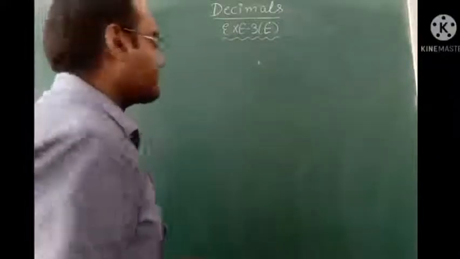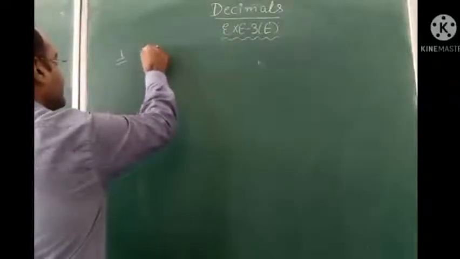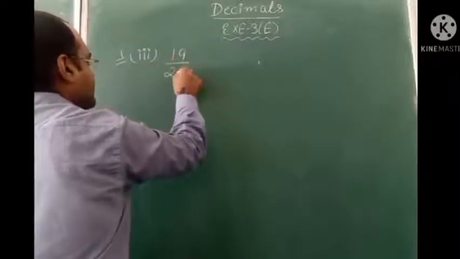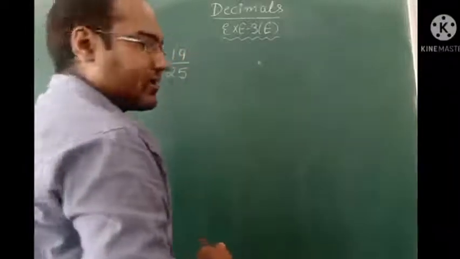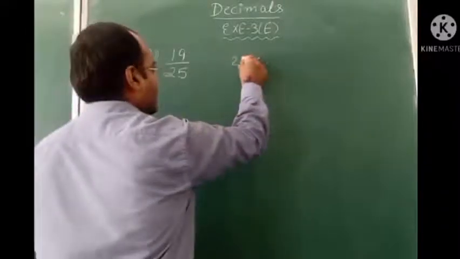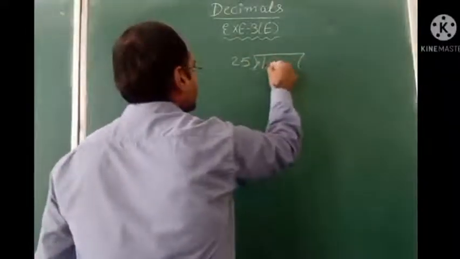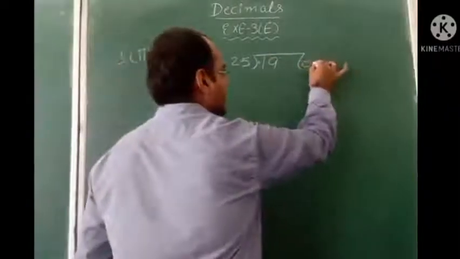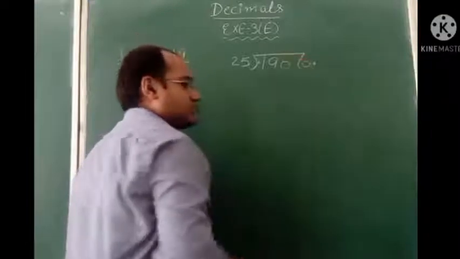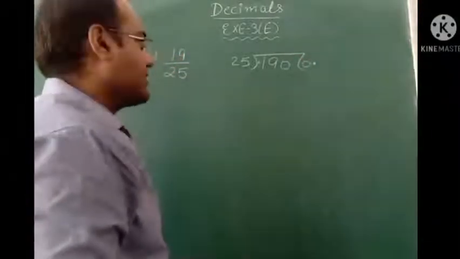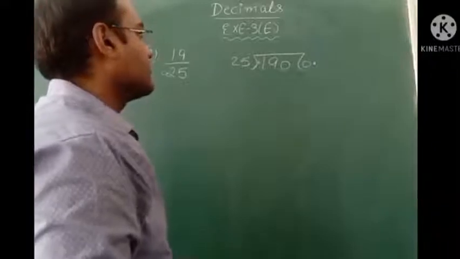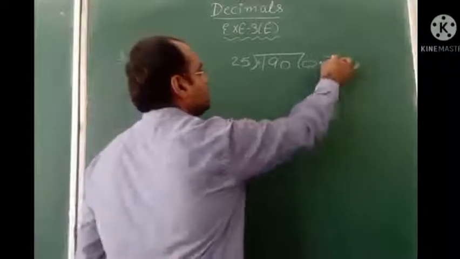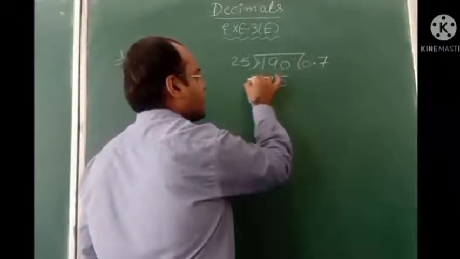First question, third part. 19 divided by 25. So we have to divide them first. With a table of 25, we have to divide 19. It is not possible to divide 19. So what we will do? In the answer, we have to take decimal and we will add here 0. Now this is 190. 25 4 ja 100. 25 7 ja we will do. Then answer will be 175.